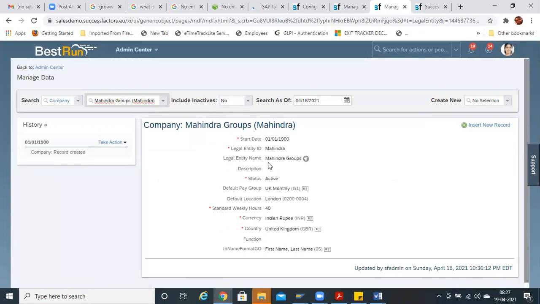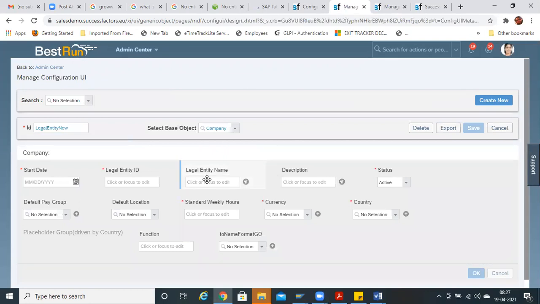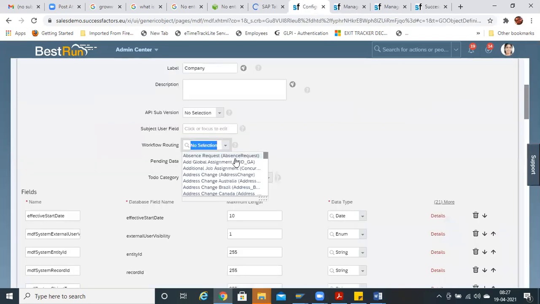It is saved automatically, but in certain cases you may require a workflow as well, and I'll explain that workflow configuration later. But to define the concept, if the company wants the manager to approve it, then you have to come here and select whichever workflows you have designed.